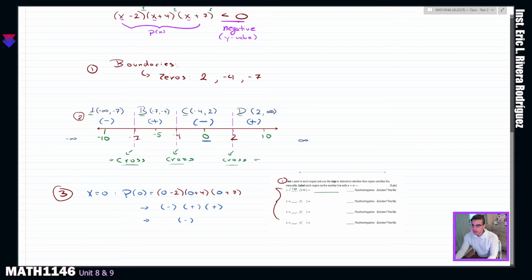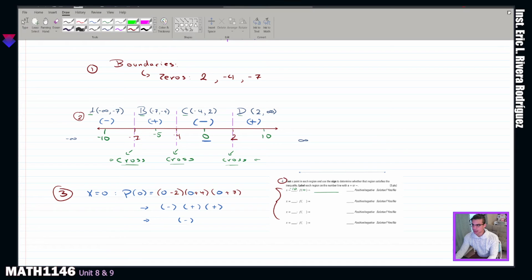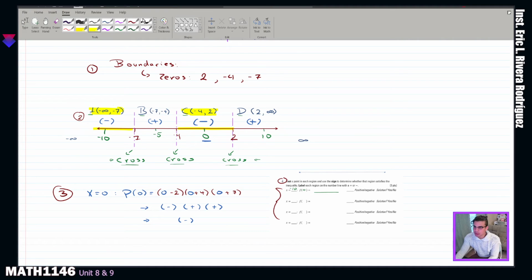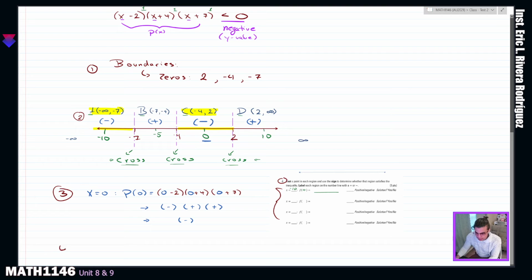We knew from the exercise that we were looking for the negative x values that make this polynomial negative. So let me highlight those regions. So it means that the solution is